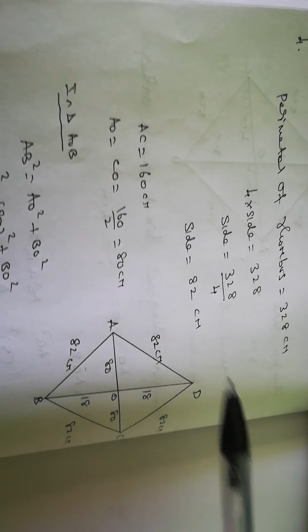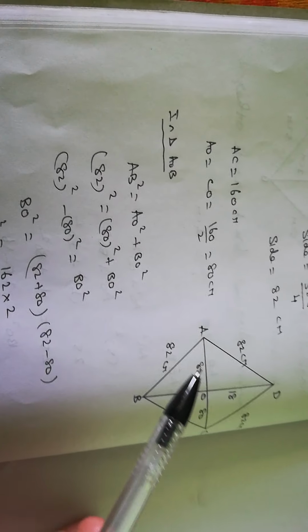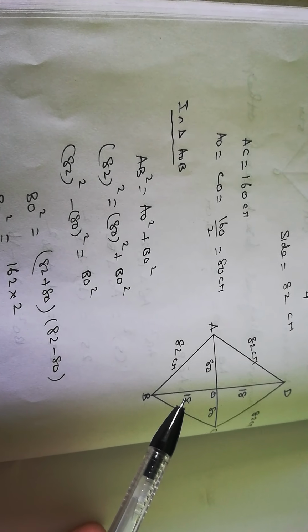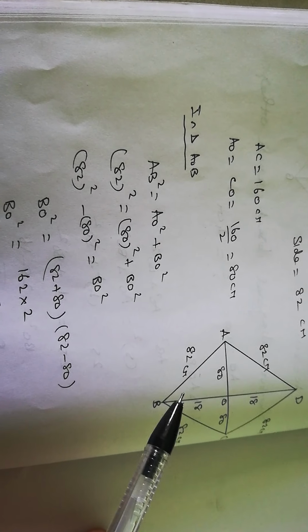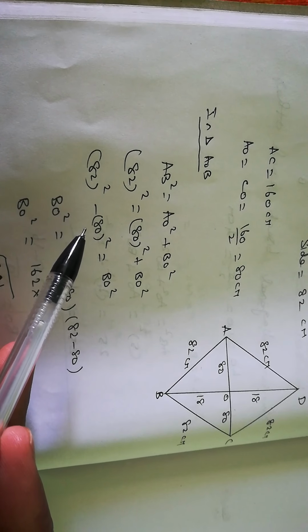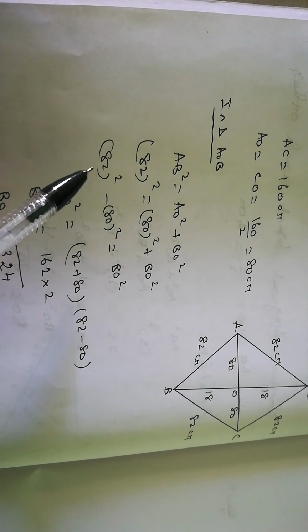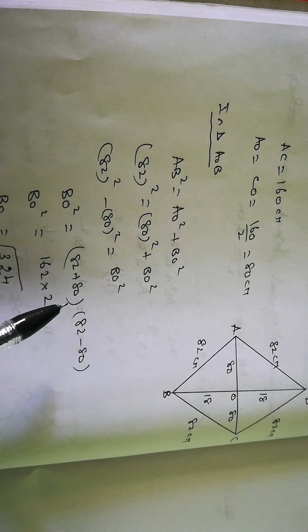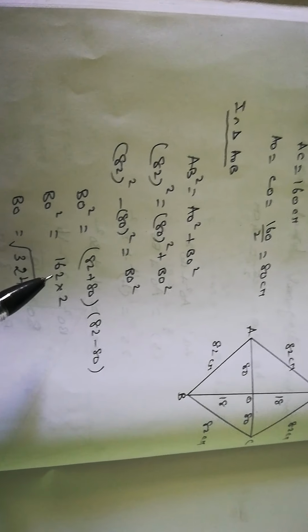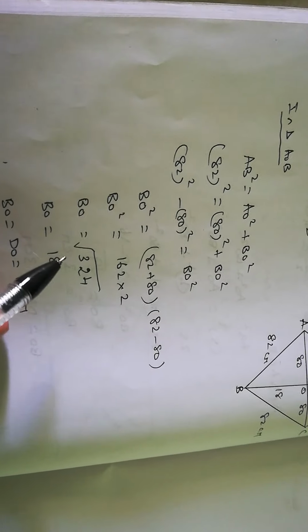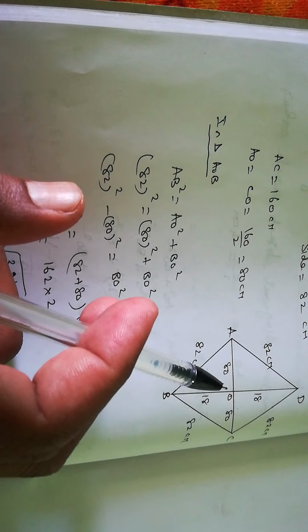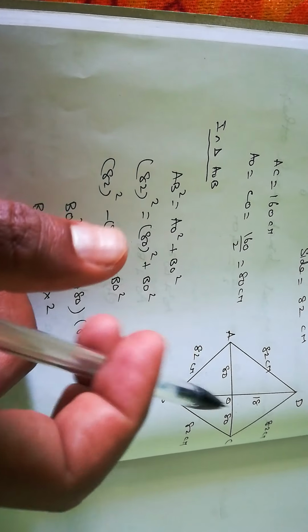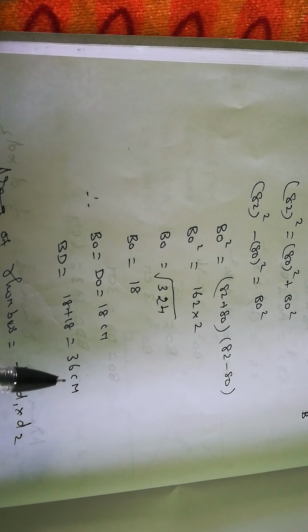And now same like before, we'll take this triangle AOB. AB square equal to AO square plus BO square, and AB is 82 and AO is 80. BO you are going to find out. So 82 square minus 80 square. So I'm just using the formula A square minus B square. Formula is A plus B into A minus B. So add it 162, subtract 2, multiply 324. So therefore root 324 value is 18. So that means BO is 18, means we know DO also 18. Both are equal only. So 18 plus 18, 36. So the diagonal is 36 centimeter.